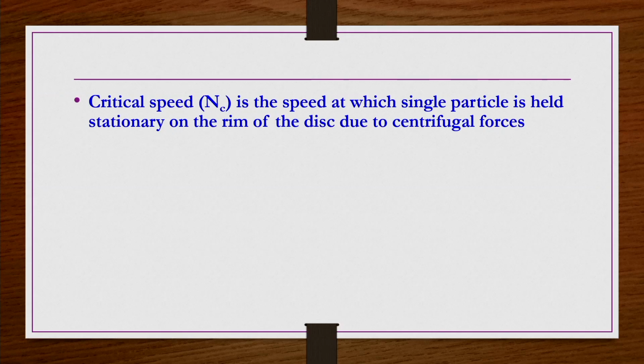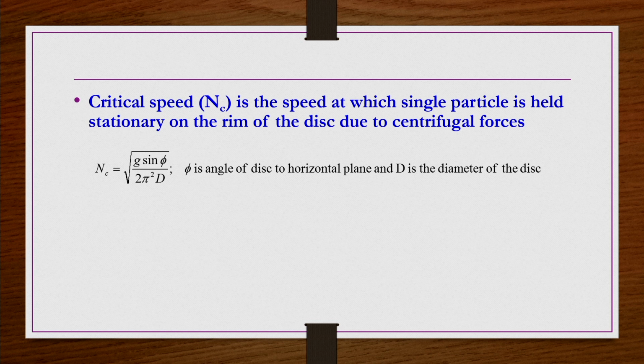So, how do you get the critical speed of that particular process in general? When you equate the forces on the disc granulator, because of the centrifugation and because of the gravity, whatever two forces are there, if you equate them and simplify those equations, then you can get an equation for the speed of the granulator. That rotational speed of the granulator is known as the critical speed. That is the speed at which the centrifugal force is balanced by the gravity force.